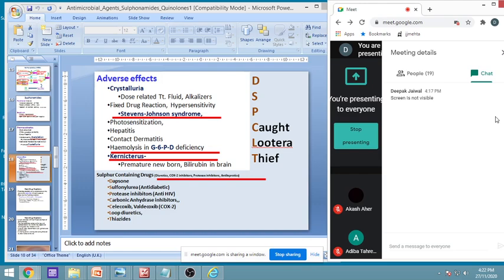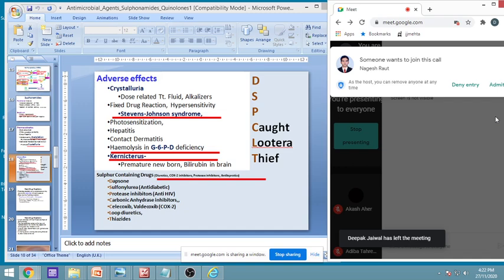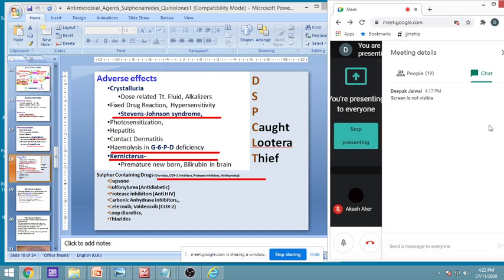Contact means whenever sulfonamide is applied to skin, it will cause inflammation of the skin. It will cause hemolysis in persons who have G6PD deficiency. This again you will see in antimalarial treatment also, because these enzymes are very, very important for glucuronidation. They cause glucuronic acid conjugation, and because of this,